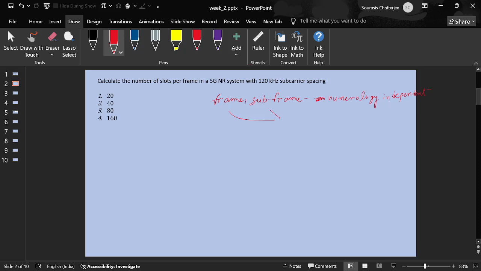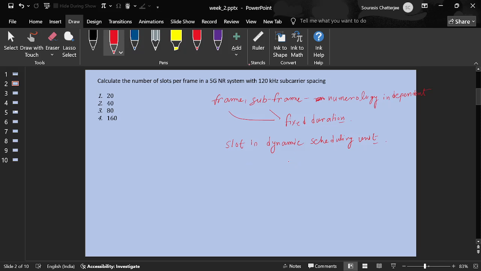That basically means they are of fixed duration, whereas slot is a dynamic scheduling unit. So for example,